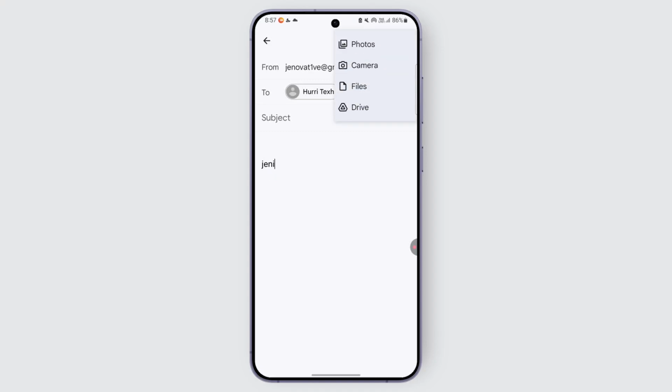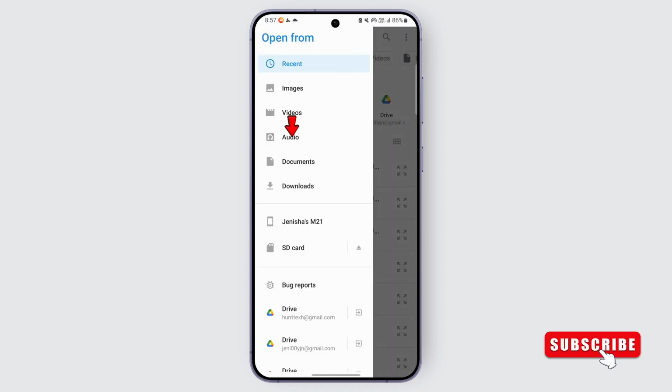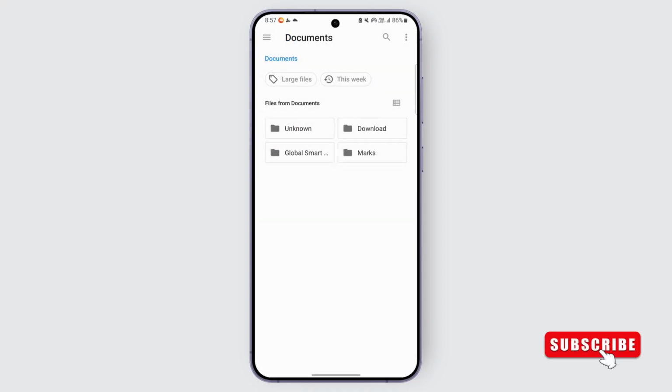After that, you can just go over and open up the folder containing your document. It may be on your files or drive, so I'm just going to select files. And once you select it, it will show you all of the available files on your device. You just need to select the particular document that you would like to send. So I'm just going to select one of the documents. You may just go over and do so,